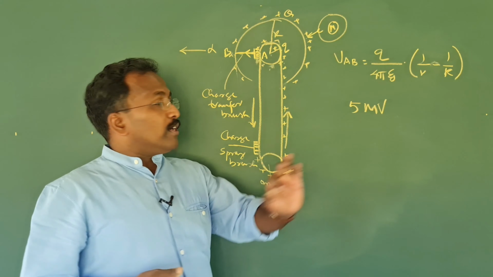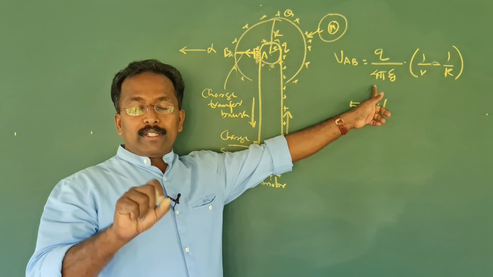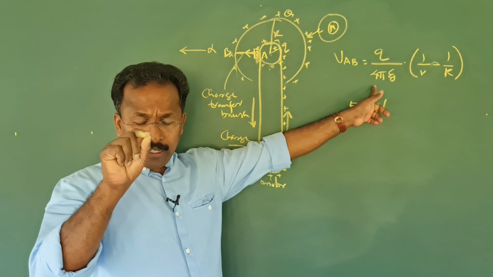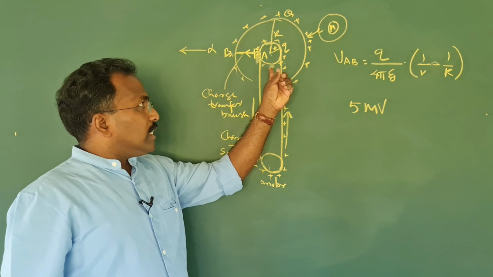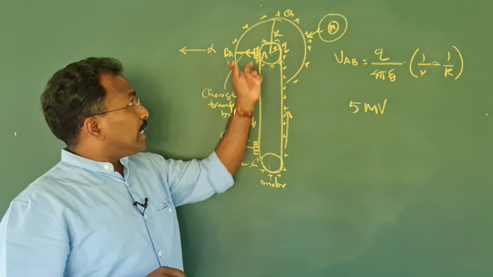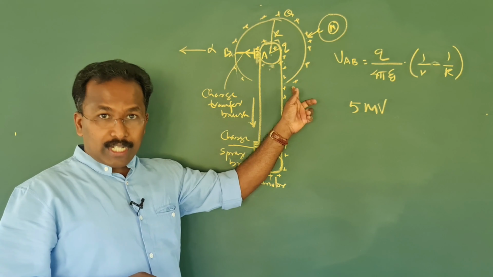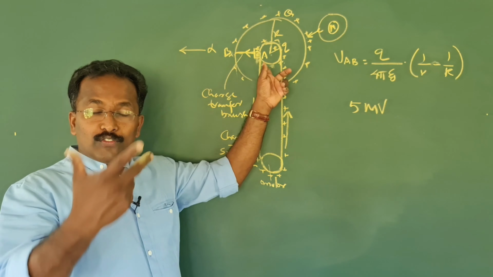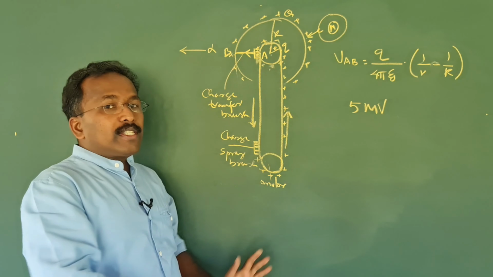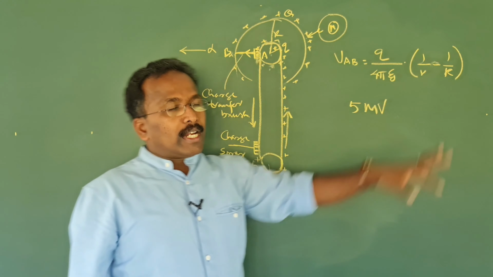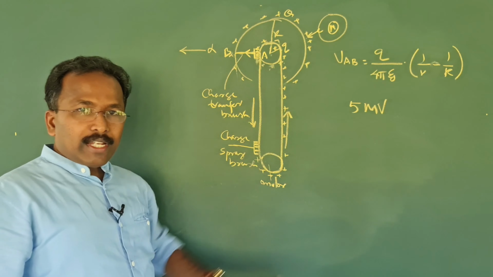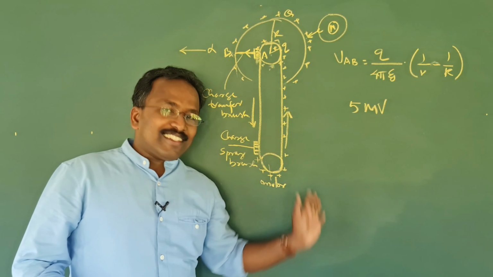And the second is, what is the principle? This equation is the principle of the Van de Graaff generator. So you may write it precisely. This is that if a charged shell is internally connected to another charged shell, the whole charge from the inside shell flows out, as there is this potential difference. Now the construction, you can draw a figure and say it is constructed as in the figure.